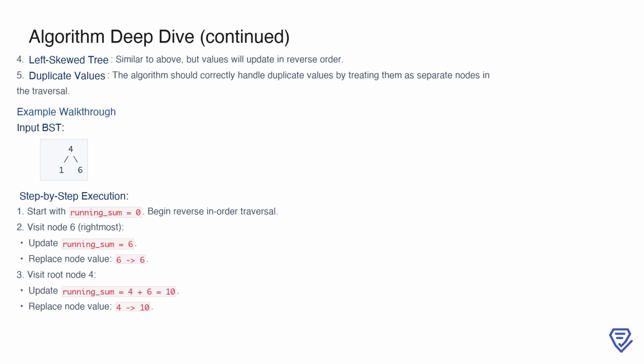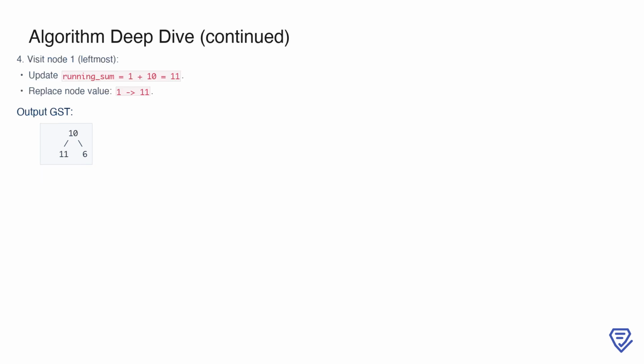By the end of the traversal, the tree has been transformed into a greater sum tree, with all node values updated appropriately. After completing the transformation, the resulting greater sum tree has the structure 10 as the root, 11 as its left child, and 6 as its right child. Each node's value now represents the sum of all nodes in the original BST that were greater than or equal to it. This example demonstrates how the algorithm systematically processes the tree, leveraging reverse in-order traversal to calculate cumulative sums